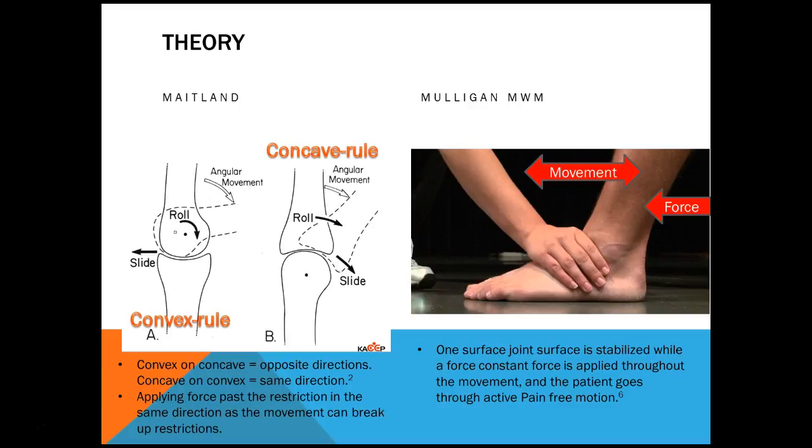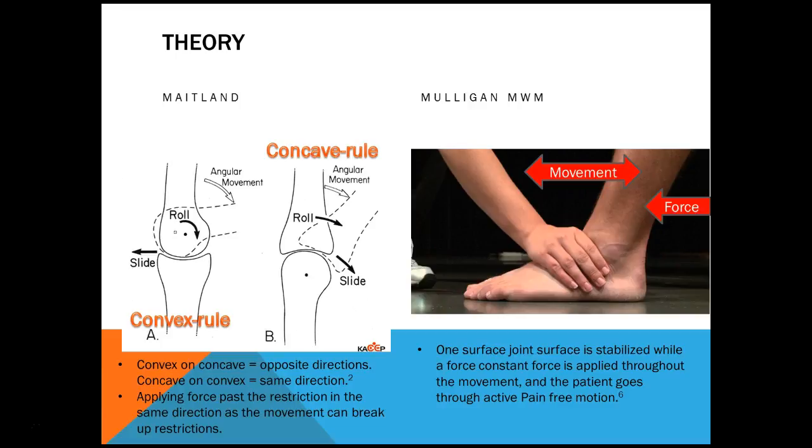So the rolling movement kind of moves around the convex surface. Think about the tibia and the femur. The tibia, when it's not weight bearing, kind of rolls around the femur, but there's also a sliding movement as well. This is integral when you're performing Maitland's mobilizations,